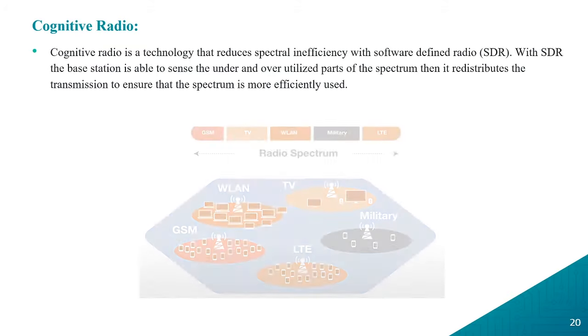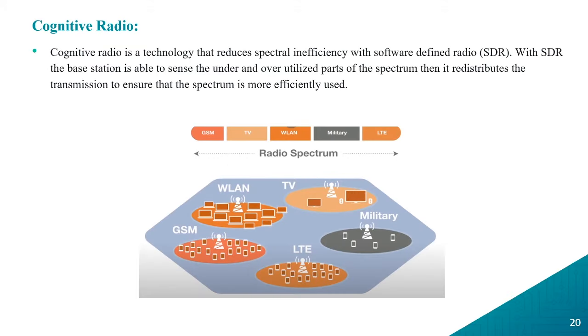Cognitive radio. Now different parts of the radio spectrum have been defined to be used by different wireless technologies. As a result, some frequency bands are very crowded, like the GSM one as we can see below, while others are hardly used, like the military bands, which results in spectral inefficiency. Now utilization of cognitive radio for the fifth generation communication technology is a major advancement for getting a higher bandwidth in a cellular communication network.